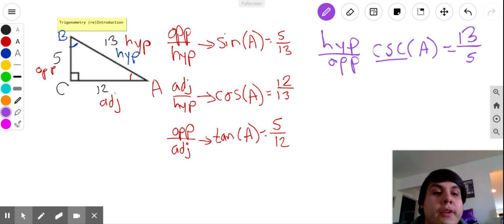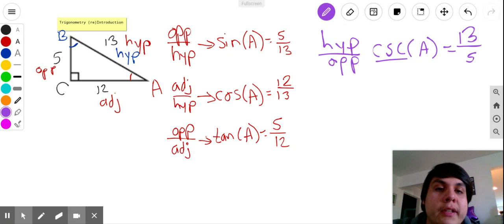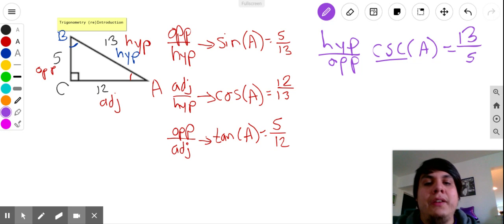So, we started off by introducing the hypotenuse over the opposite, aka the reciprocal of the sine ratio. And it turns out it's called cosecant. Interesting. There's like a sine, then there's like a cosine. Now we have a cosecant. So, spoiler alert,